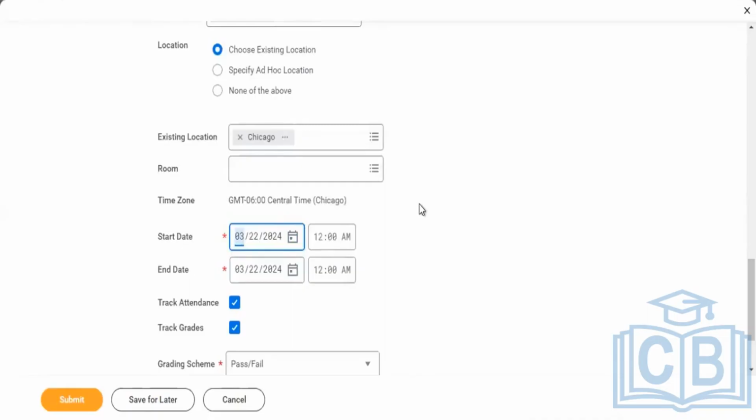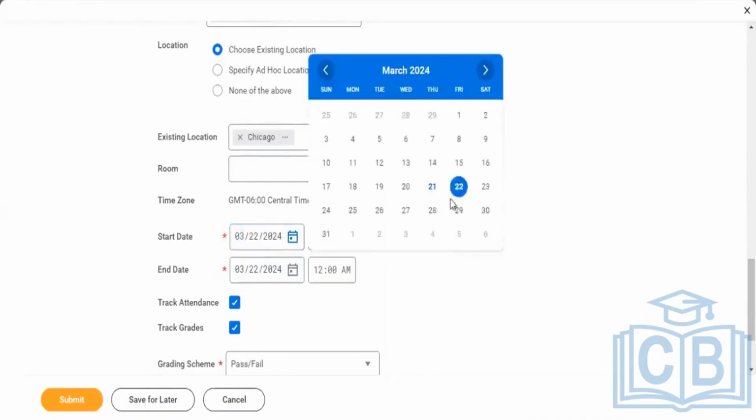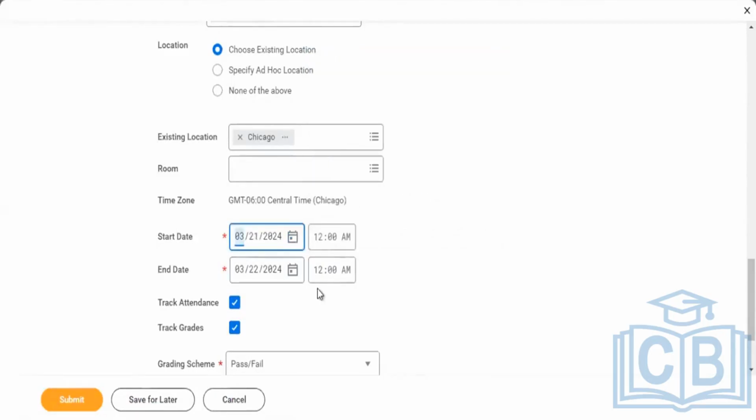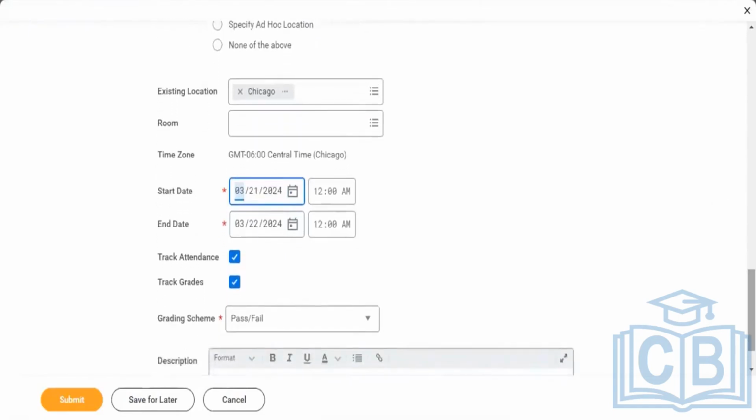We are creating a course offering, but if not, we can go with the current day also. There shouldn't be a problem. If we select the back date, we can create or schedule a course offering from a back date. That shouldn't be a problem.